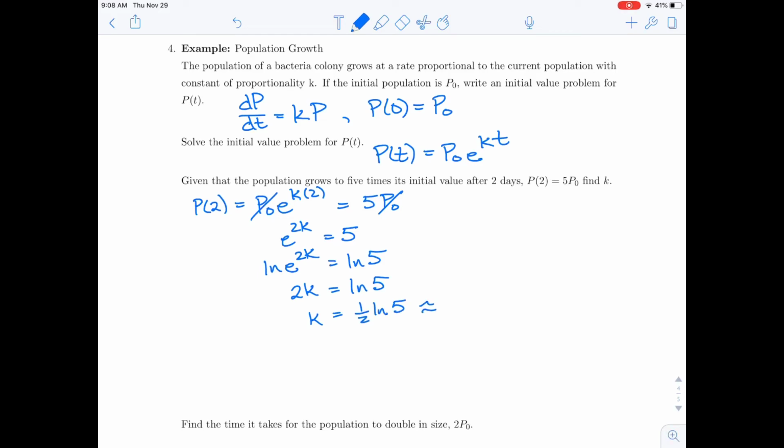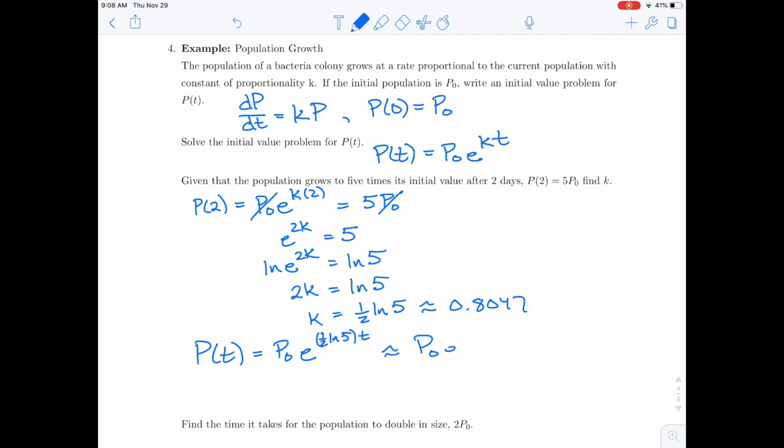And that's approximately 0.8047. So our solution to this differential equation with that extra added information about the population growth is P of t equals P sub 0 e to the 1/2 natural log 5 times t,